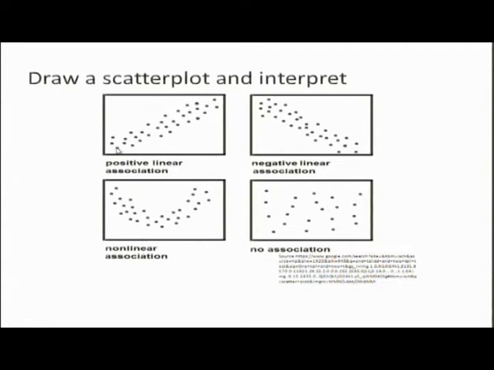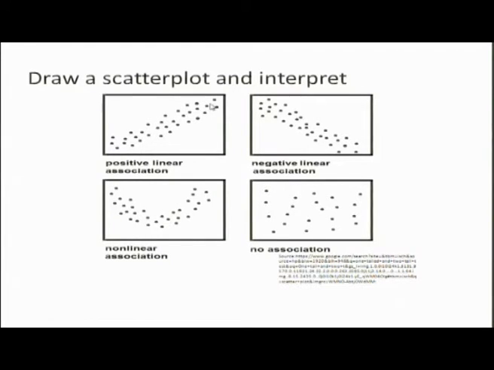So, this point has low values of x and also has low values of y. This point has high values of x and also high values of y. This point has still higher value of x and a higher value of y. Now, a close look at these points shows that in general those respondents or subjects who are characterized by high values of x also manifest high values of y.